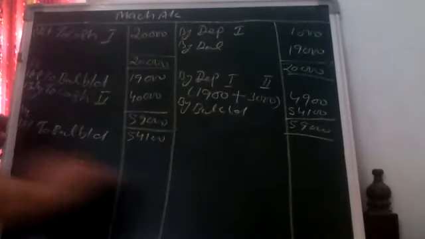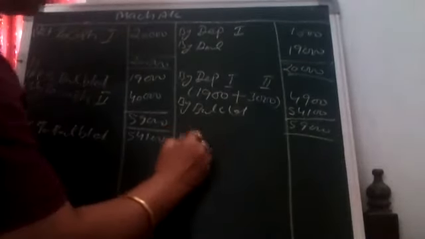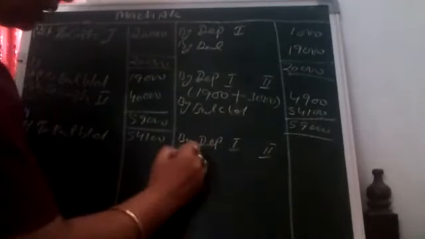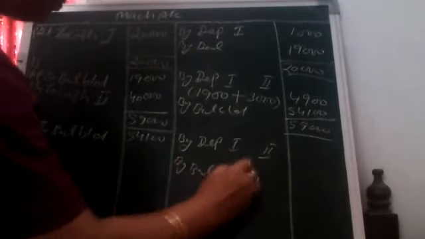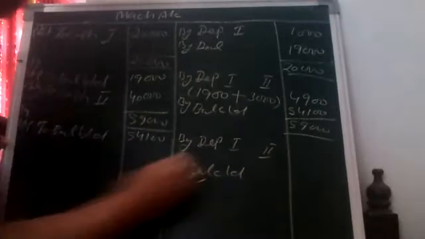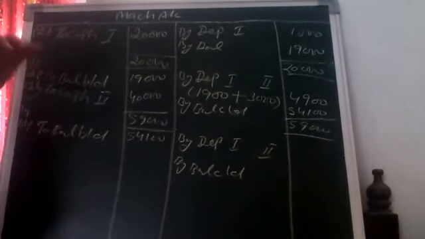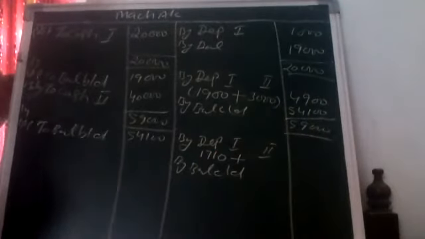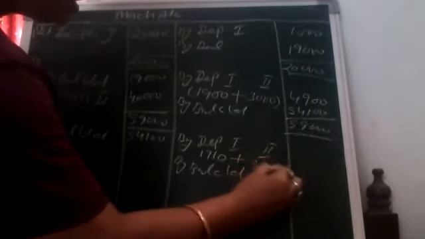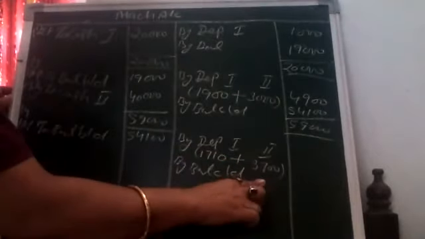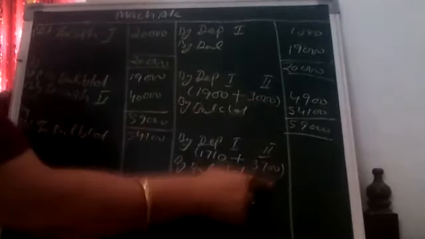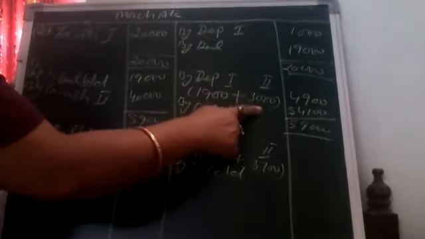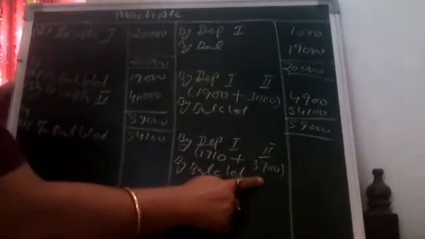And in the third year, there was no event, just simply the year was going smoothly. So two things we have to do: depreciation on the first and second machine, and balance. First machinery's depreciation, again, we will find out on the balancing figure. So the first machinery's depreciation this year was 1710. And the second machinery's depreciation is 3700. This time we will calculate for the whole year. Don't think that last year it was less or this is a high amount. No, it is not increasing. Last year it was 4000, but calculated for 9 months. It has reduced from 4000 to 3700.